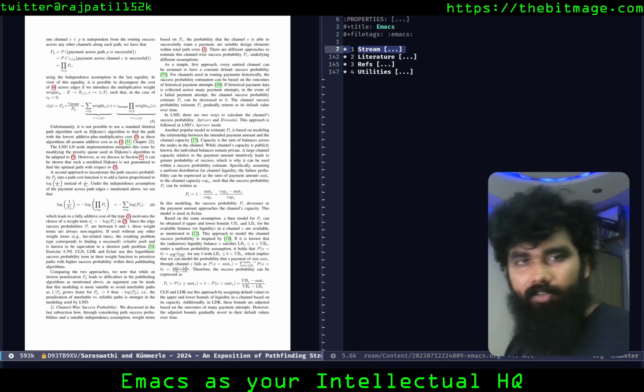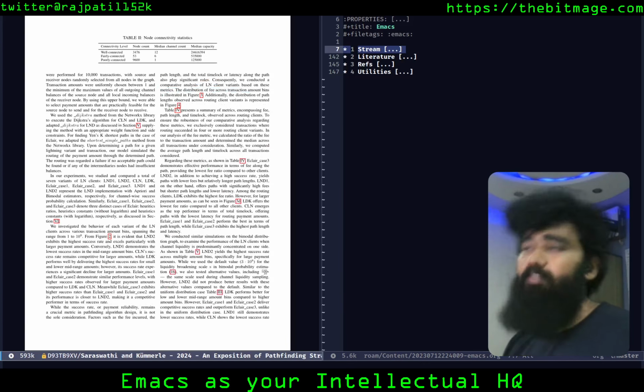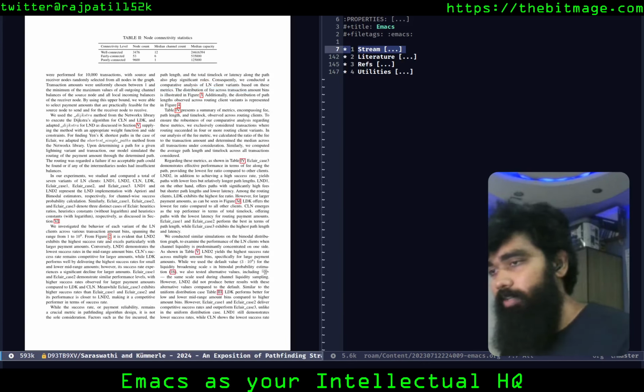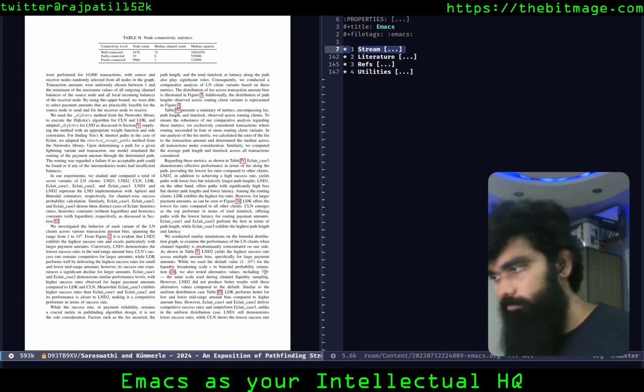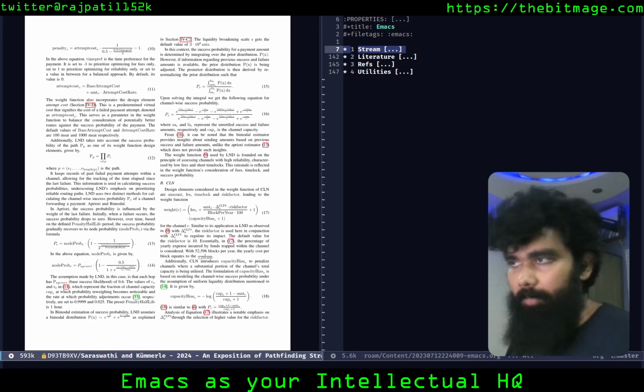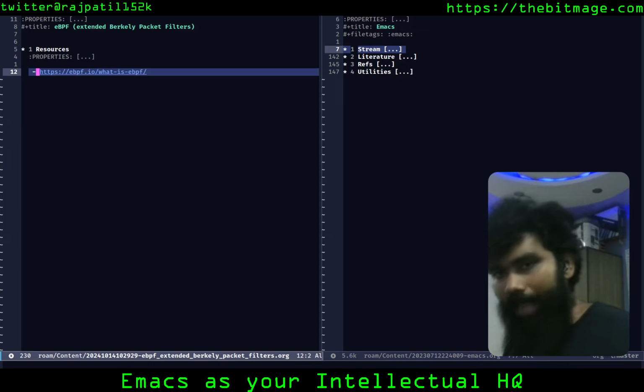There's a lot of shortcuts configured where you could scroll and manipulate things and actually search this PDF as well. I'm not going to actually read it right now. I might do that sometime down the line. Probably should have a separate channel where I talk about the things I'm actually studying, but this is about Emacs for now. So there's that. I hit Q, I'm back to where I was.